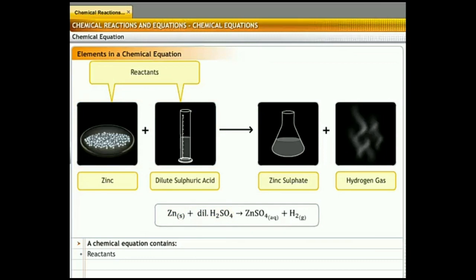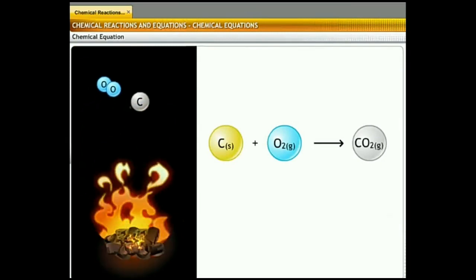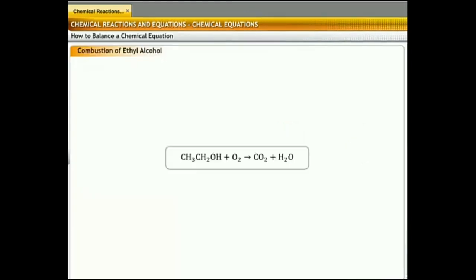When we write an equation, on the left hand side we mention the reactants and on the right hand side we mention the products, and this is true for all reactions. Writing the formulas properly, properly giving arrows, and mentioning the conditions like aqueous, dilute or concentrated, precipitate or not, gas or not, all give us a proper way of writing a chemical equation. One more example can be burning of carbon in oxygen. This also can be represented by a chemical equation. Both the previous equations that we have seen, zinc and sulfuric acid and also carbon plus oxygen, were balanced equations.